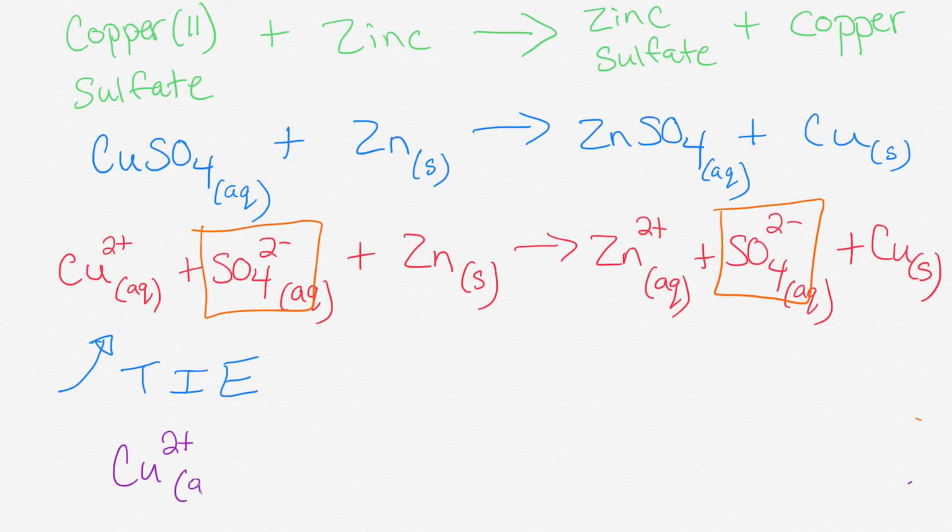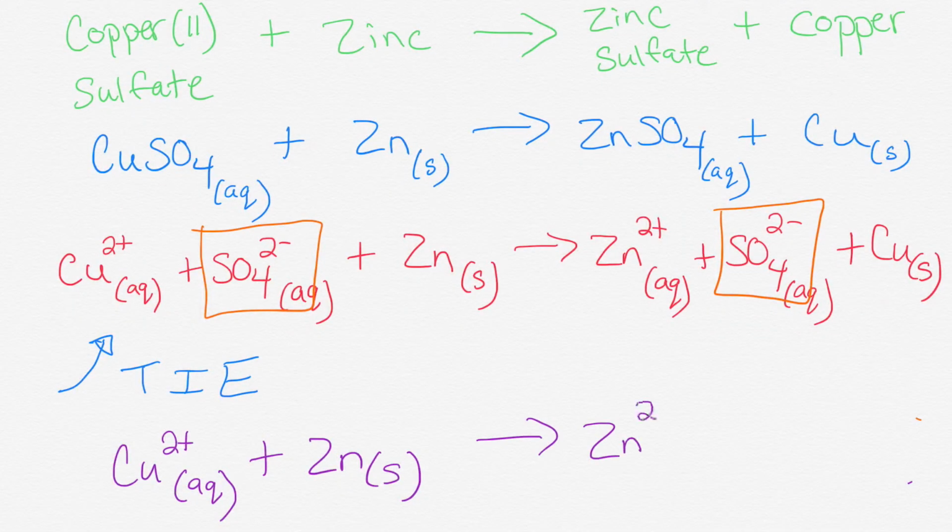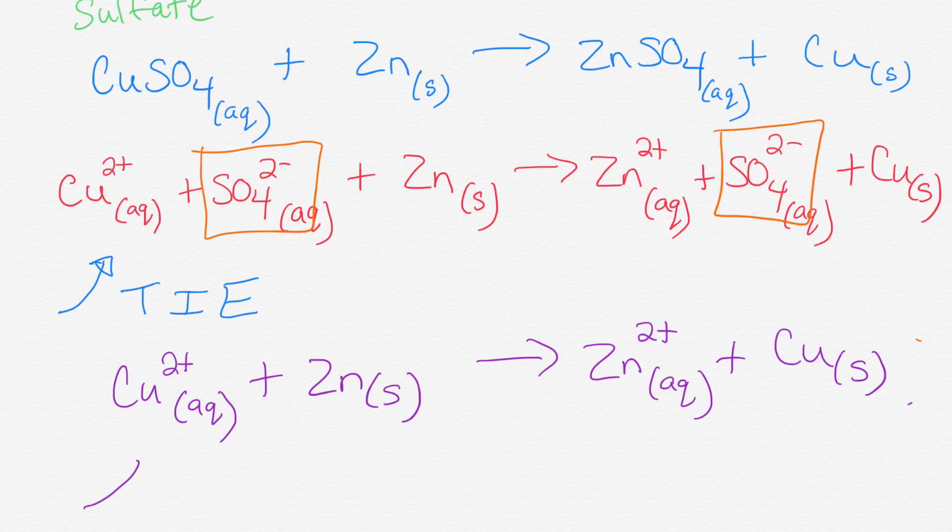So our copper 2 plus stayed put. So did our zinc solid, our zinc 2 plus, and our copper solid. So now that's our net ionic equation. And so with net ionic equation, we sometimes use the acronym NI to stand for net ionic equation. Okay, so with total ionic equations and net ionic